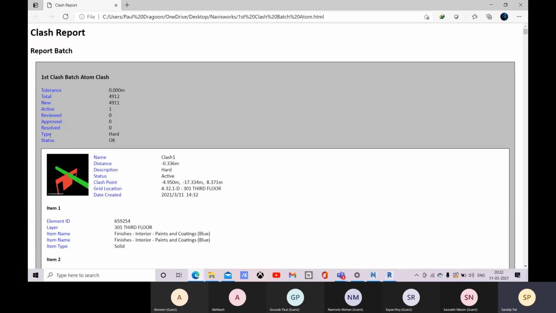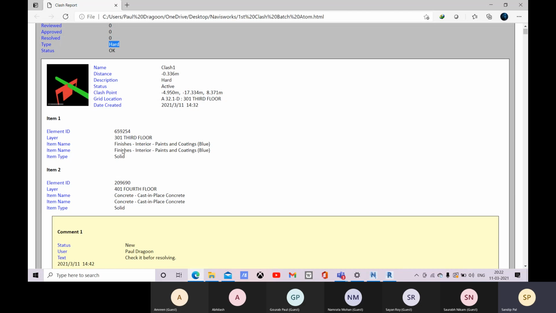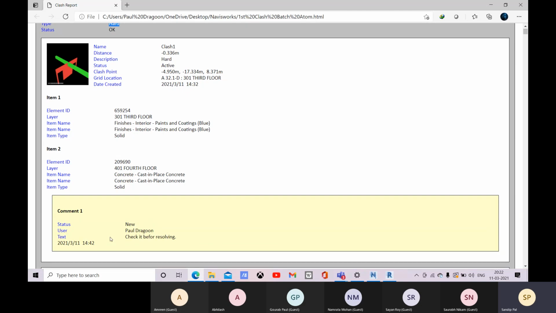Okay, and the type is hard class, and here you can see that this one is added to this class. Okay, so who has added it, this is my system name. Okay, so accordingly it will come over there, and what is added, so check it before resolving.